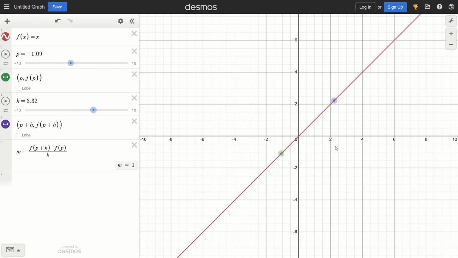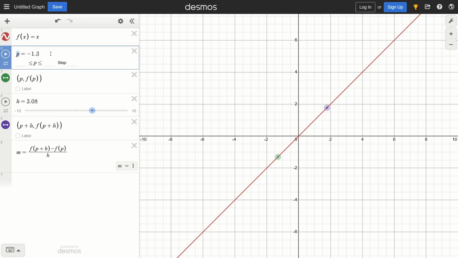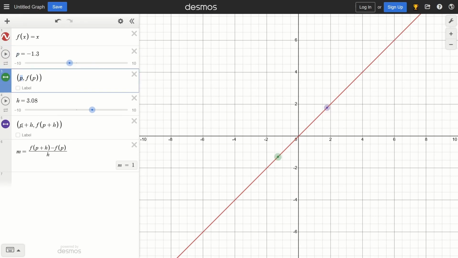Because this is a simple straight line case, all we need to calculate the gradient of this line are the x and y coordinates of any 2 points on the line. So over here you have the green point and the purple point. This is parameter p, which I've used in this green point and this purple point, and I have made this purple point a distance h away from the green point by defining another parameter h, which is the separation horizontally between these 2 points. And since this is a straight line which has a constant gradient, we can choose any 2 points on this line, and it does not matter which 2 points we choose,